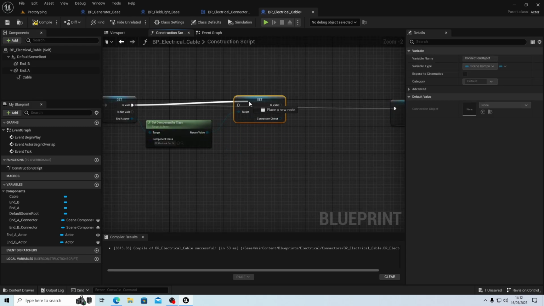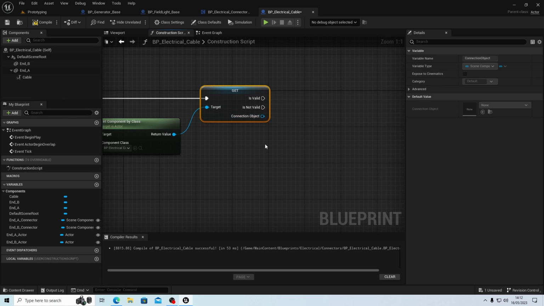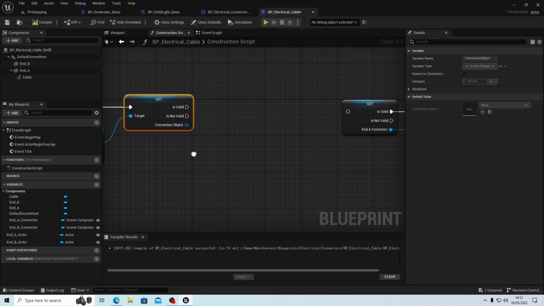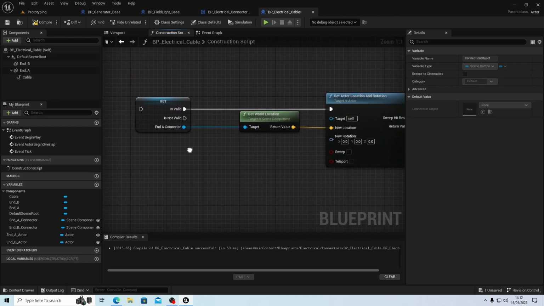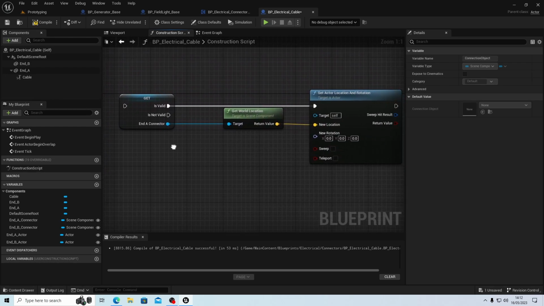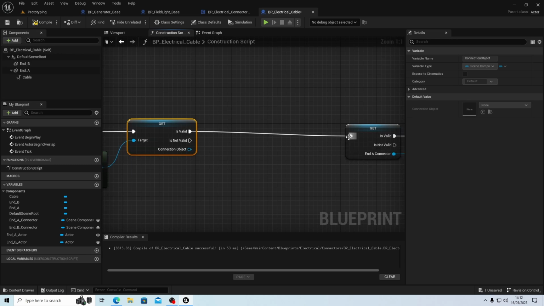So we now need to check that that's valid. Okay, so if it's valid, we then need to set that to the location of this object. So if it's valid,